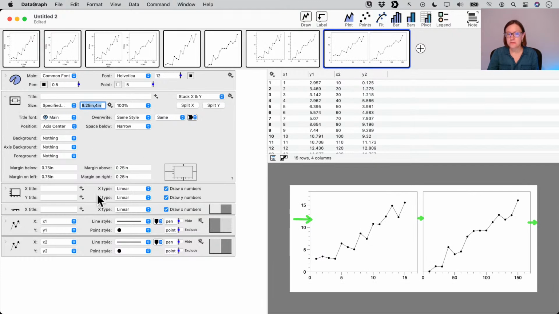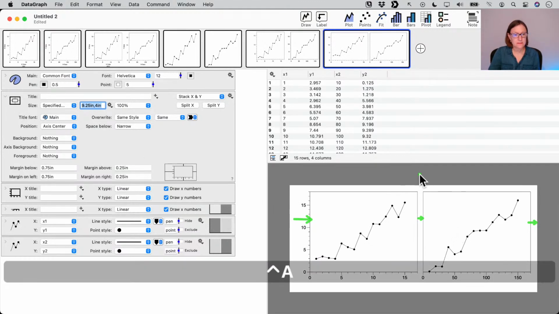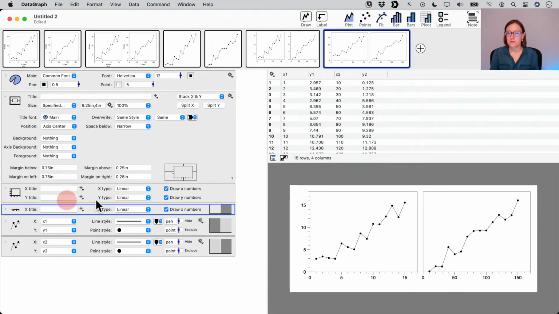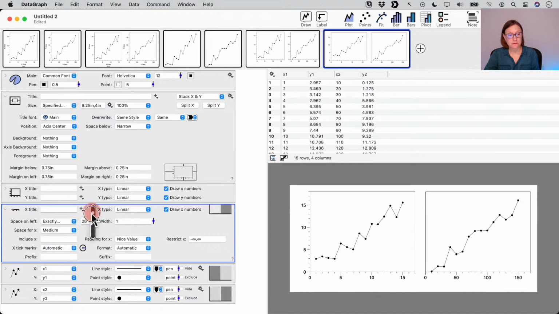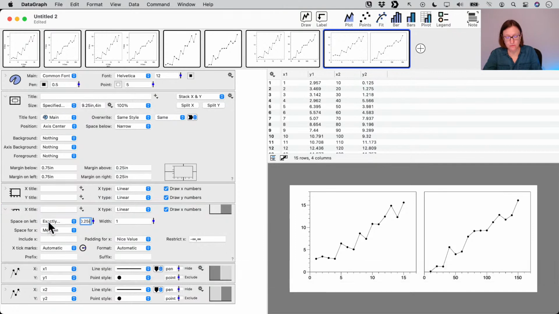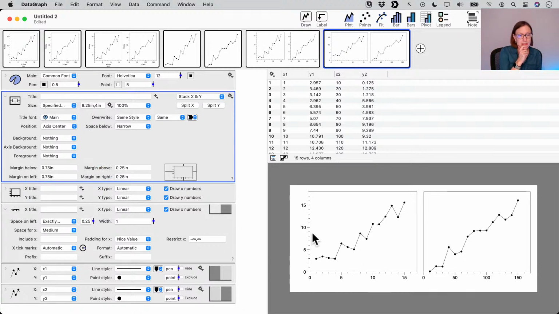0.25, and to set this space, this one right here, we would do that within this object that got added when we split the axis. So if I open this up and I go ahead and, let's see, I want to set the space on left to an exact value. By default, it's something here we can set with the slider, but again, I could set this to exactly 0.25 inches. And now,